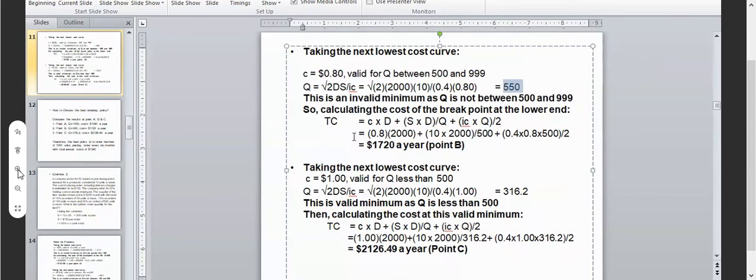So in this case, the unit price at 1 ringgit does not need to be analyzed